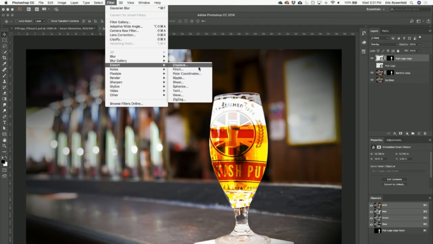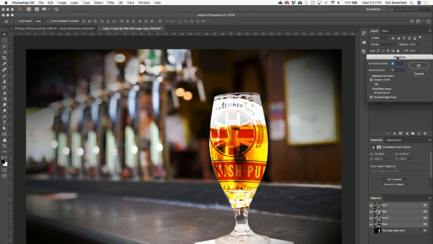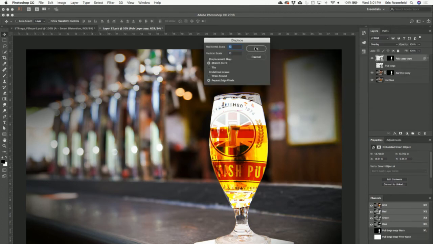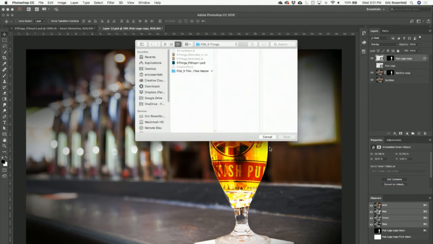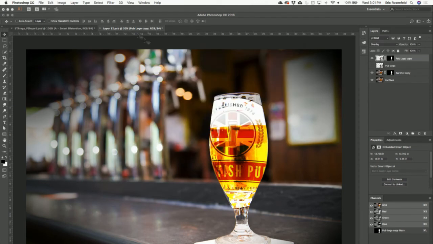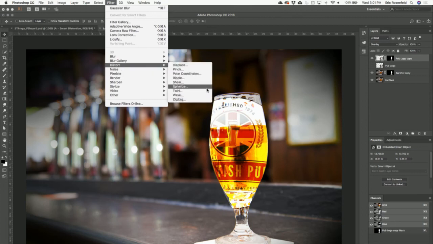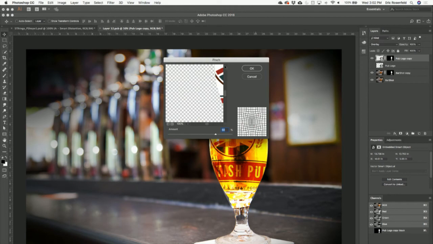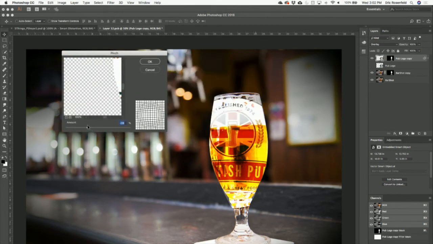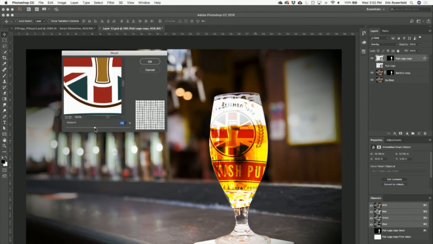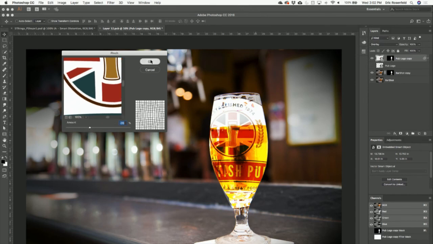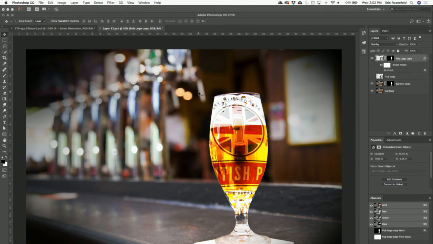Now displace sounds like it would be really cool, but it's the oldest filter in the book. You hit OK, and then it asks you for a file to do this. So you just hit cancel, and then you ignore it at that point. It actually can be powerful, but instead I'm just going to do a little pinch. And we'll go pinch outward. There we go. So it's kind of distorted inside there,